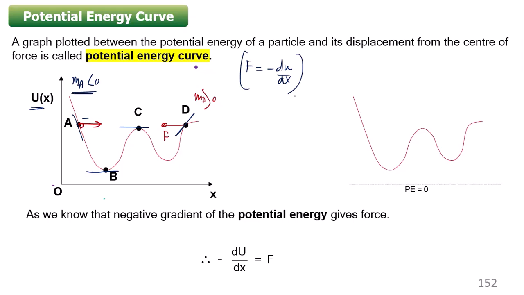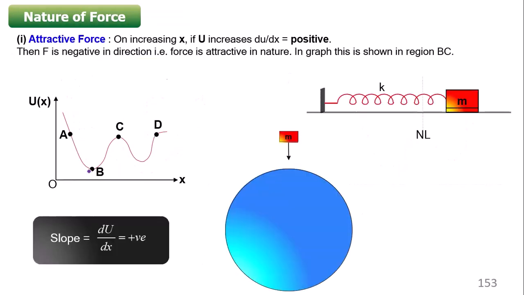And there are certain points where the slope becomes 0. At point B and C, the slope becomes 0. If the slope becomes 0, then at this point I can say that the force acting is also 0. Okay. So force at point B is 0. Force at point C equals 0. So from the diagram, I can conclude the direction of forces as well as whether the force is 0 or not.